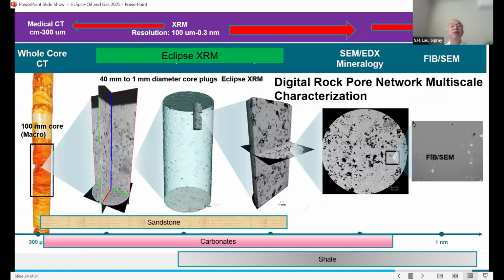So now what I want to show you is this. If you have a range of products starting from sandstone, sandstones have pore sizes all the way up to maybe a micron or so, right? Carbonates will have a pore size